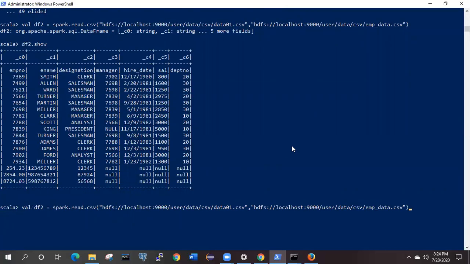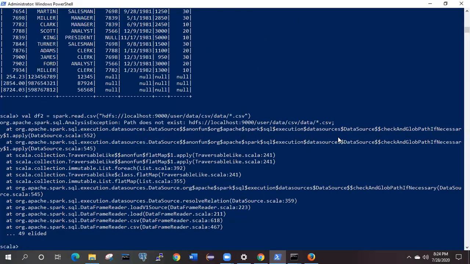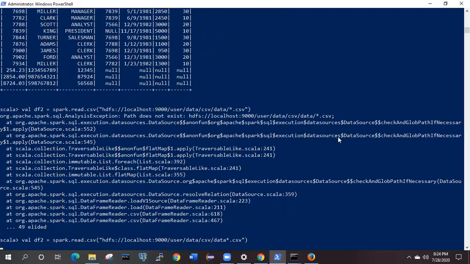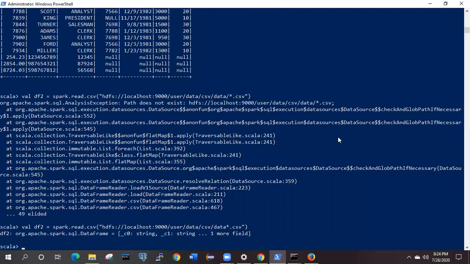The same thing we can do now. Suppose we have the data and the file names in a particular pattern, like data 01, data 02, something like that, then how are we going to read those files? We can give patterns like this one and see whether it is loading the data or not. So the pattern is not correct. You need to give the correct pattern, then only it is going to work, and you can see here it is working fine now.